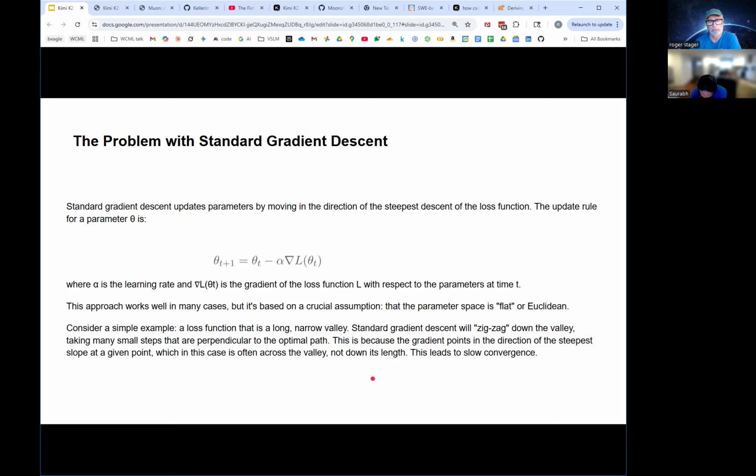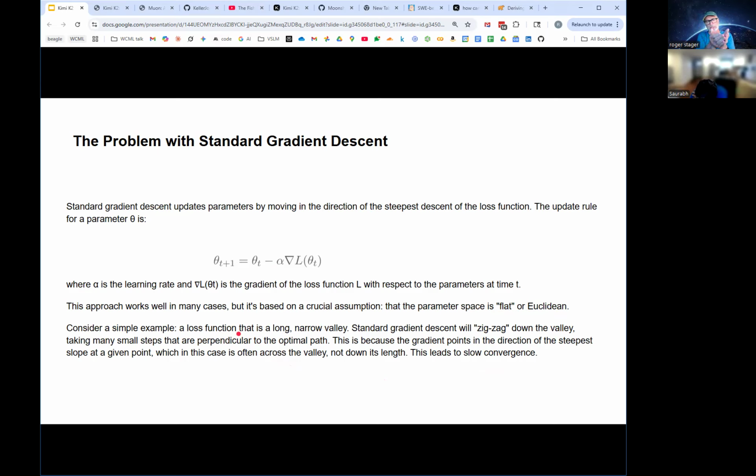That isn't true necessarily in language models or in neural networks actually. And this one I remember we had talked about some other optimization techniques using Fisher matrix and Kronecker decomposition, I think it was. The mental model that I have is that this is a long, narrow valley, if you have the loss function looks something like that.